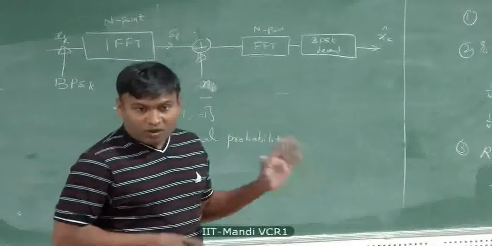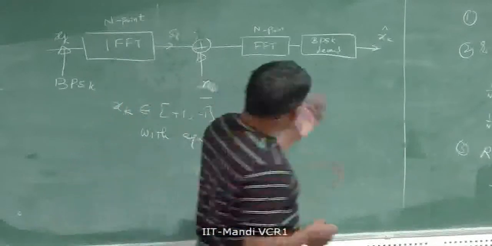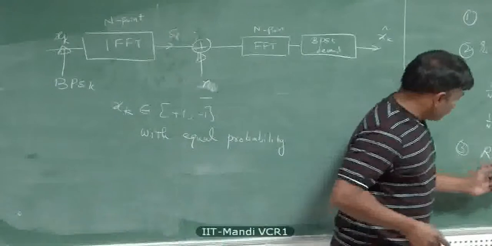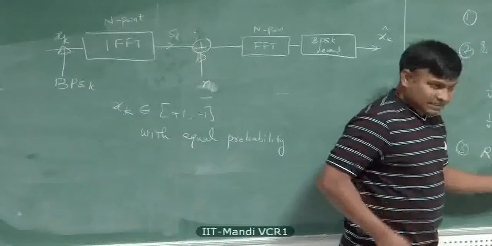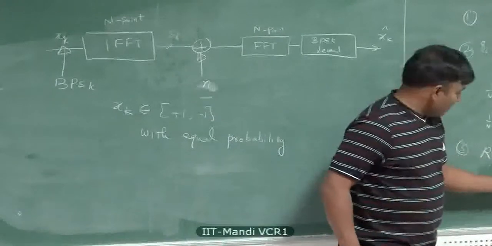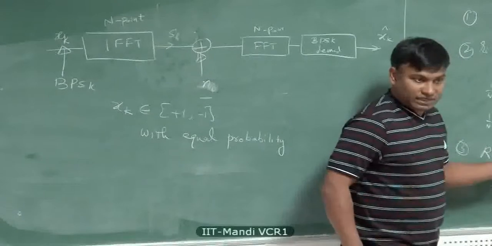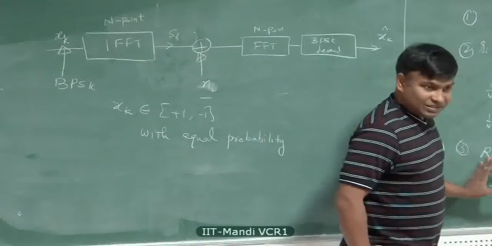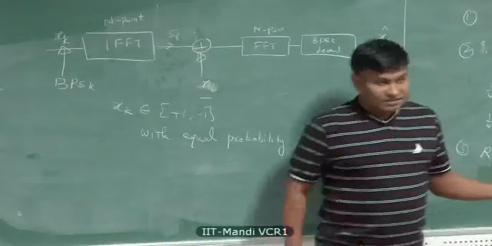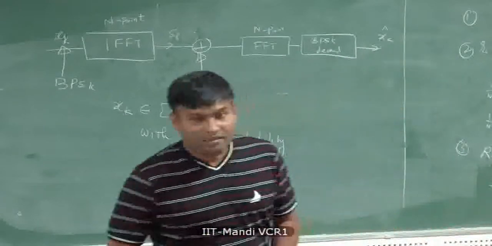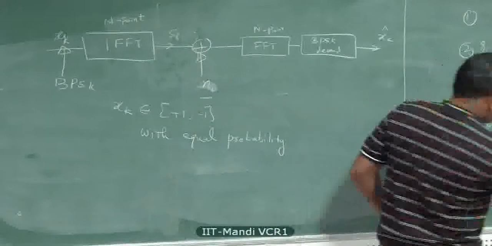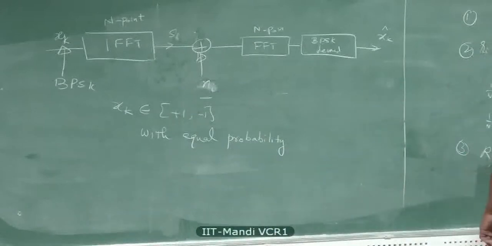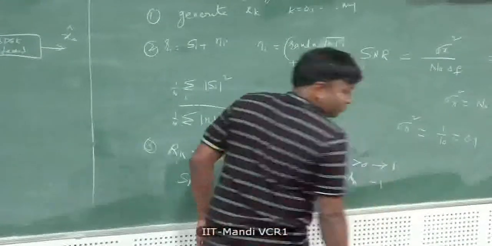So this is like simulating one OFDM symbol. So you have demodulated it. How do you demodulate? Rk equal to xk plus nk. Make sure what the scaling is here, that is, the variance of xk. You have to figure it out. For BPSK, it is simple because you make decisions by comparing Rk with the threshold, which is 0. The decision is: Rk greater than 0 is 1, else minus 1.